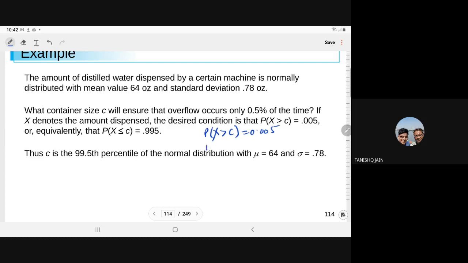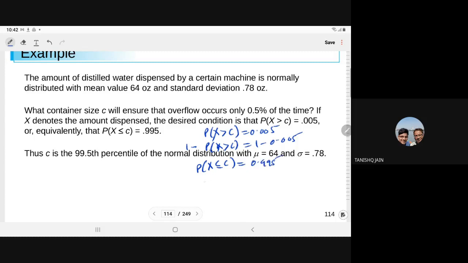This can be written as 1 minus the probability that X is greater than C, equal to 1 minus 0.005, so the probability that X is less than or equal to C is equal to